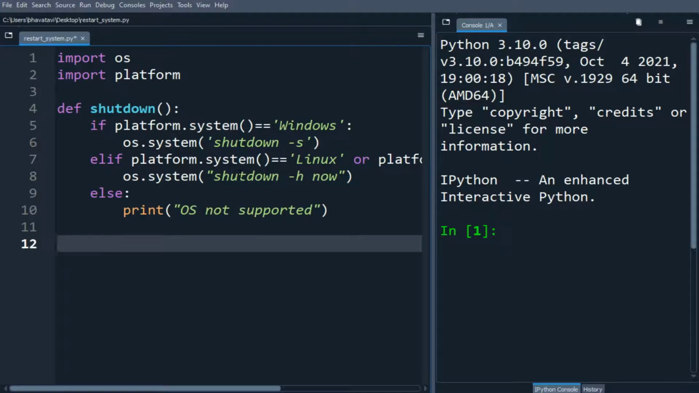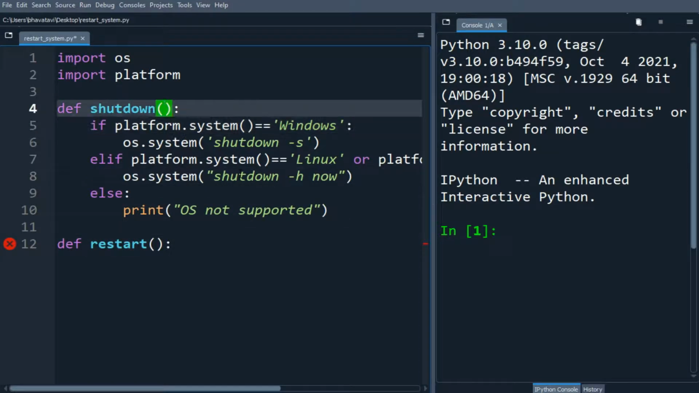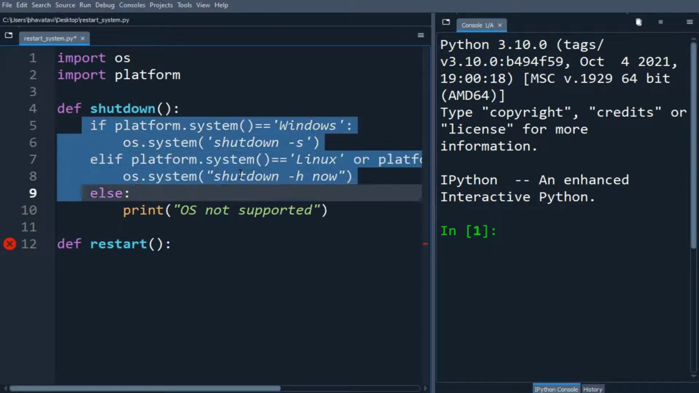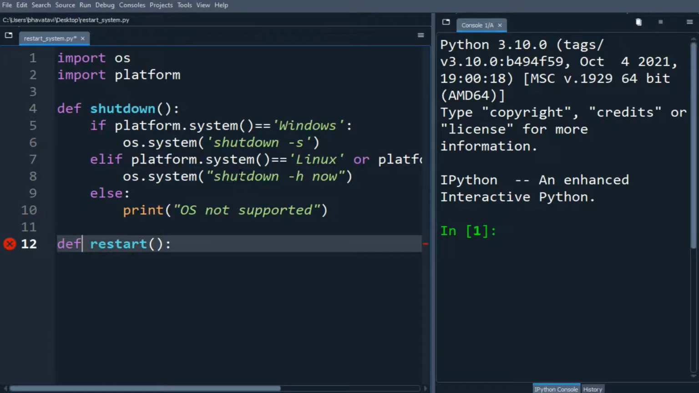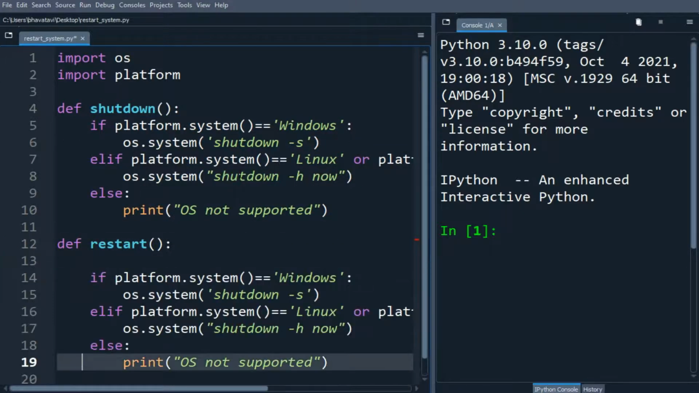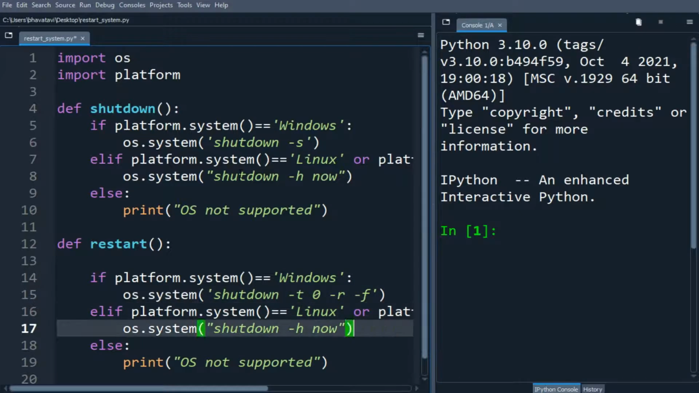So let's define a function for restart also. So we'll use the same code as above, so it is almost the same. So I'm just copying it and pasting it in the restart function. We'll just change here -s to -t, 0, -r and -f, and here we'll change shutdown to restart. Okay, so we'll put here reboot